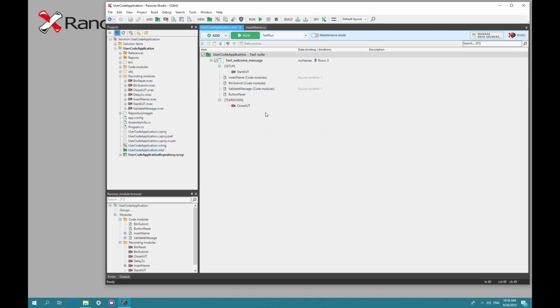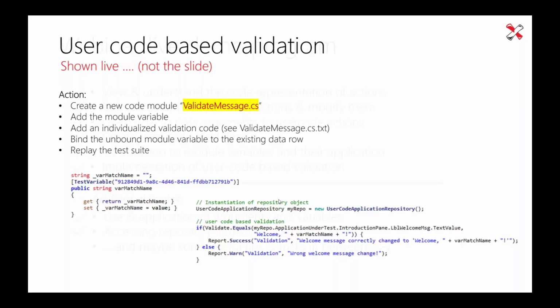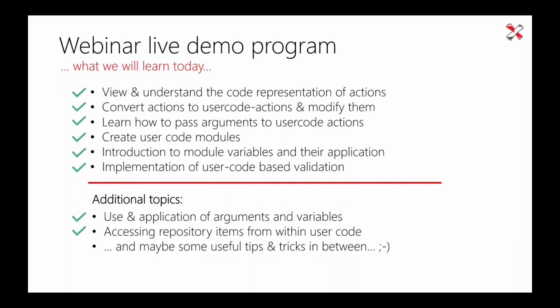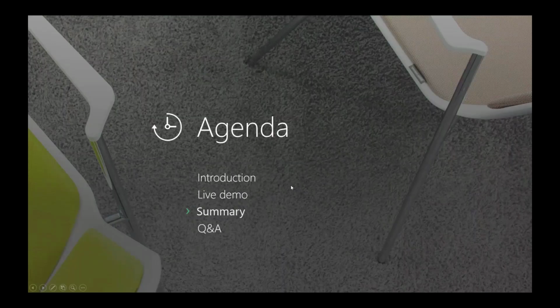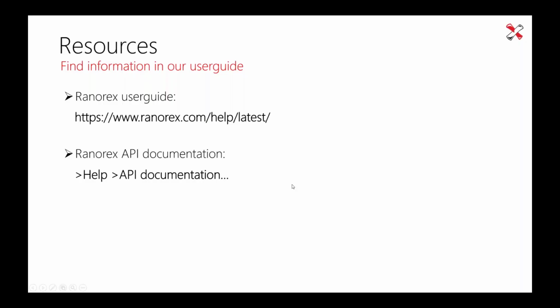So as you could see now, what did we do so far from the last one to this one? Here we go. What did we do so far? I now showed you how to implement a user code-based validation. So we are almost done. And this brings me to the summary of today's webinar. I would like to show you 2 things now. The first is that